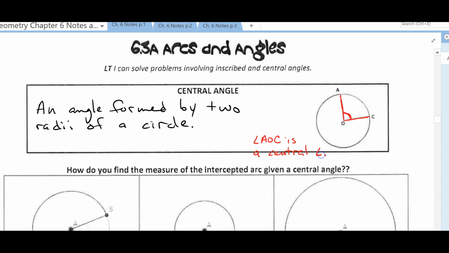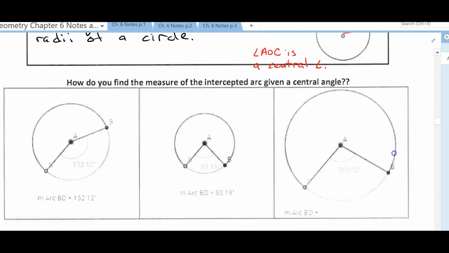central angle. And in some previous videos we talked about the fact that the measure of this arc here is going to be the same as the measure of this central angle. So if we go ahead and look at these examples here,